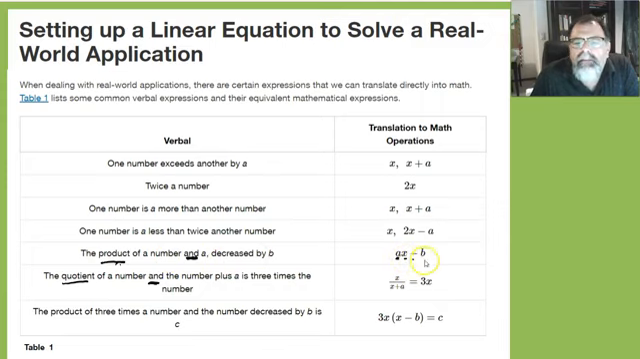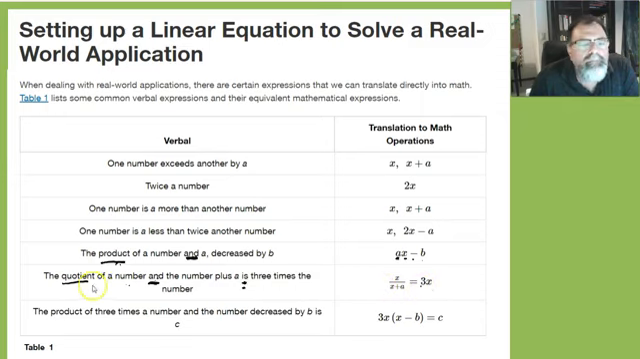so that's subtracting b. The quotient of a number and the number plus a is, okay, that's going to be our equals. The quotient is divided by, so we're going to put a divided by there. So we're going to have a number on top, x, and that's the divided by, the fraction bar. The number, which is x, plus a, so that's on the bottom, is your equals 3 times the number,